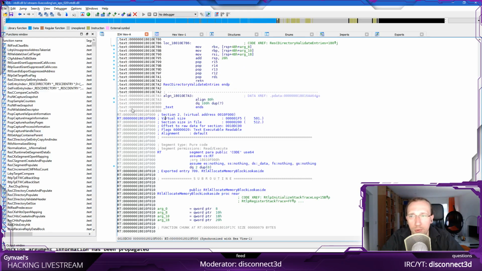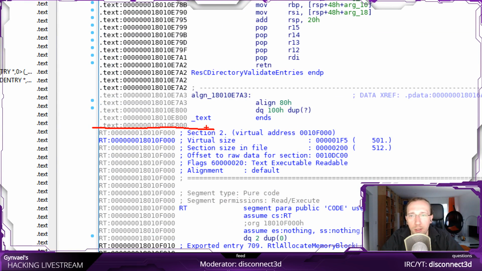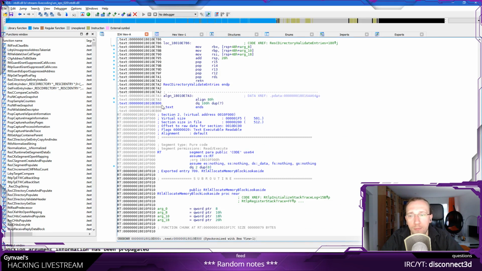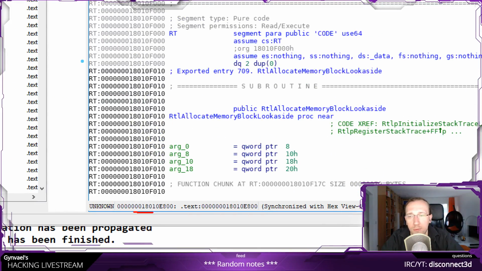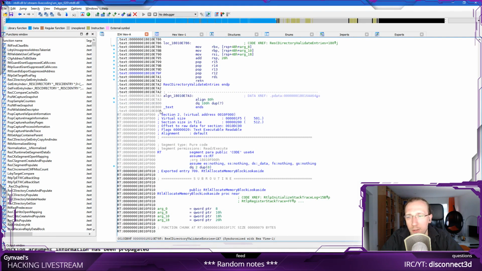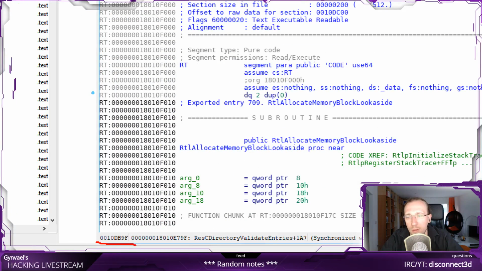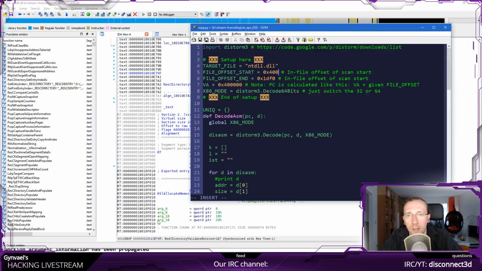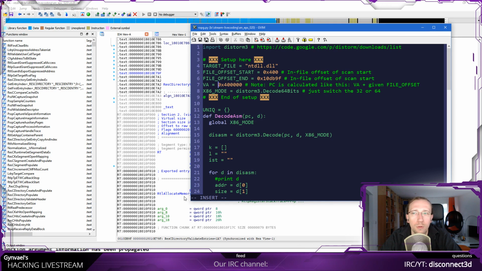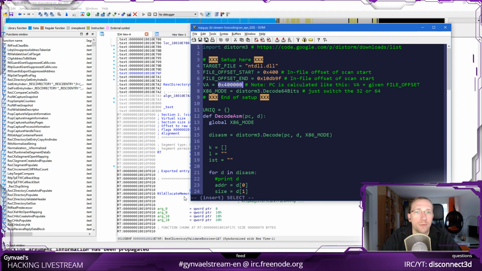I'm going to backtrack just to the boundary of the text and see at what offset of the file I have this part. Is it a correct file offset? I don't think this is a correct file offset. This is a correct file offset. So it's 10DB9F. I'm going to note it down here. 10DB9F. Okay, and now I need to tell it where this file offset starts, at what address it starts,